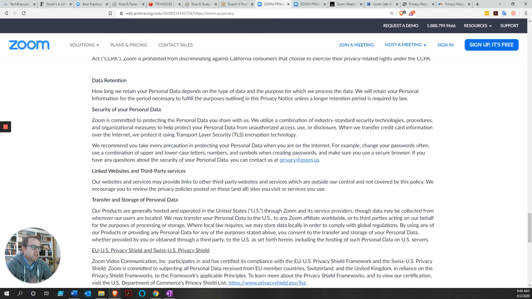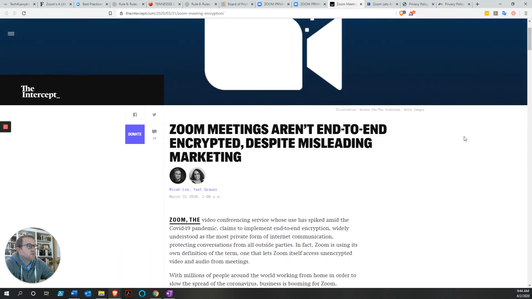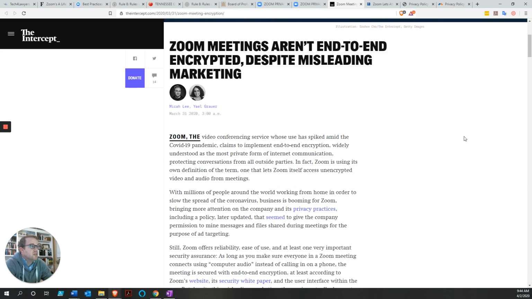In my first reading of this, if there weren't any other problems in this, or if personal data wasn't such a broad thing, I may not have major problems with this, but this would certainly raise a red flag, and so I'd start to look into whether or not Zoom does have end-to-end encryption, because they don't come out and say it. And we'll see here in a second that they also don't come out and say it in the new privacy policy. So as I was doing this video, we actually found out, or some articles have been written, that Zoom meetings are not end-to-end encrypted.